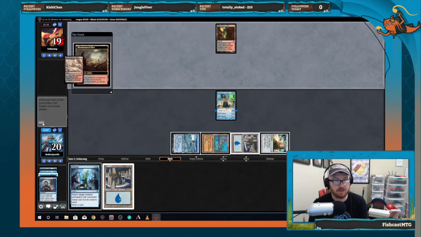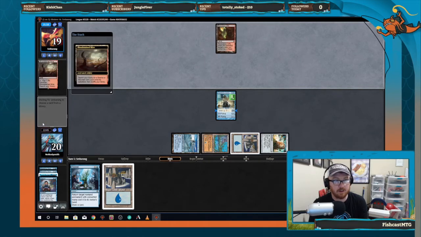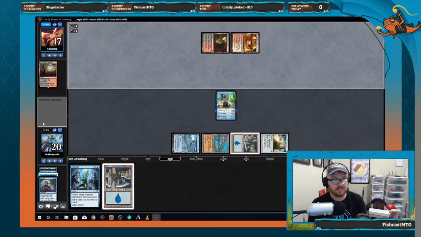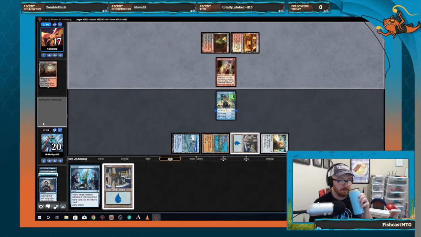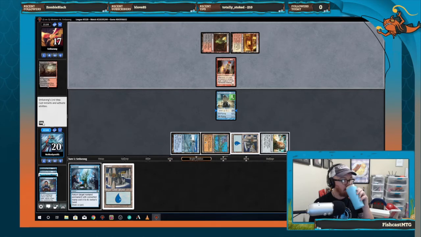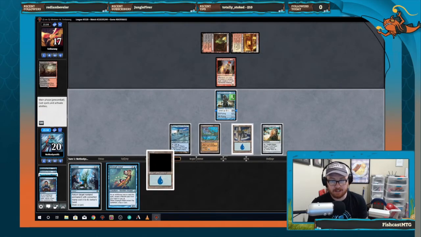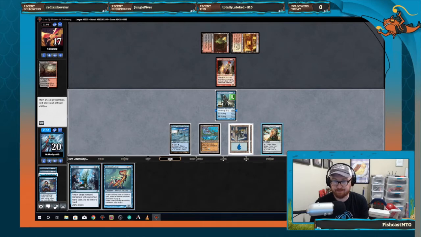And let's see what they're up to. They're gonna crack their Bloodstained Mire, get a Sacred Foundry. Oh, there's their white. Young Pyromancer. All right, a Silvergill in our hand. That is a little...